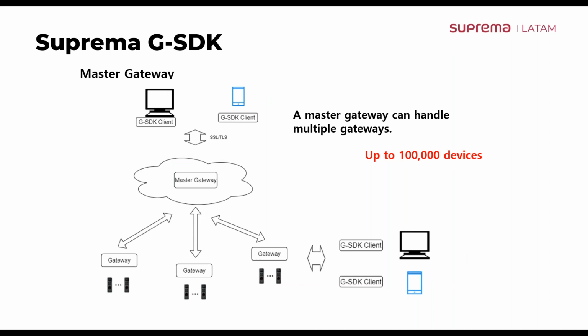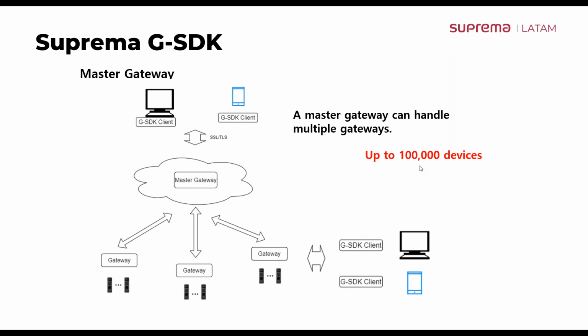And as I was speaking to you previously, when you do an integration, first the device goes to the device gateway, which is the first one, and the device gateway interfaces with a master gateway. Then you will be able to handle up to 1,000 device gateways. And from there, you will be having a master gateway with up to 100,000 devices. Okay, so that is something